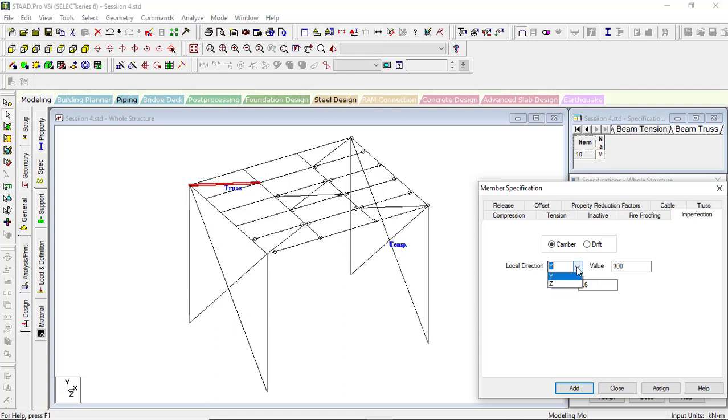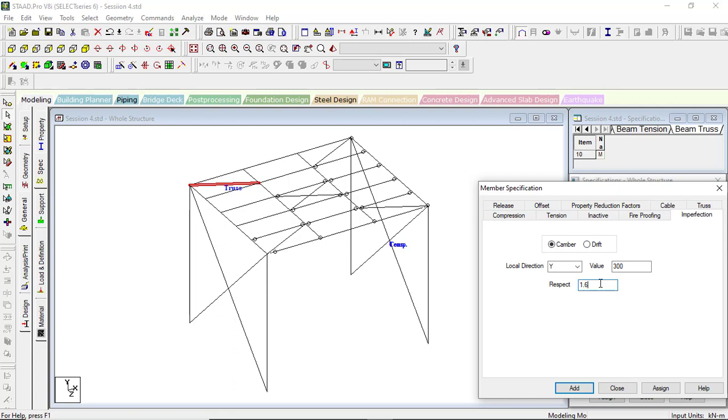You can give it in any of the local directions, either y or z, and you can give any value here. Whatever initial deflection has been calculated, you can give that value as a camber over here. One of the important aspects of this camber is the respect. So what does this mean?